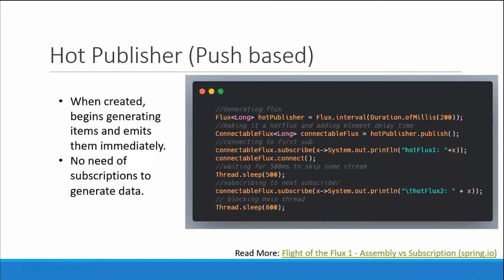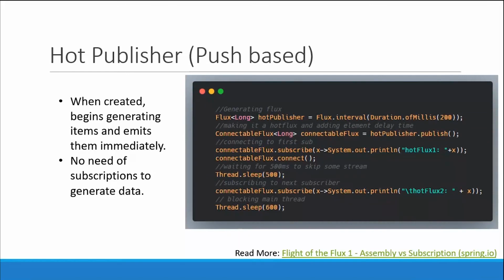Other than that, we have the hot publisher. It's push based. A hot publisher is like, assume you are hearing some song playing. If you hear it, you can hear it from then onward. If another one comes and starts hearing, they hear from after some time.